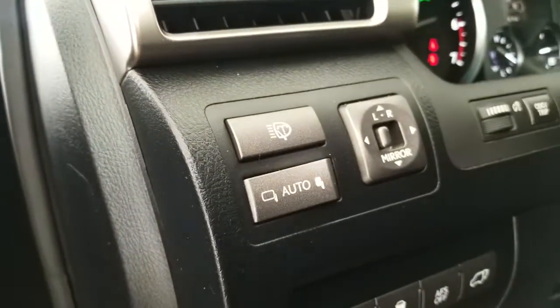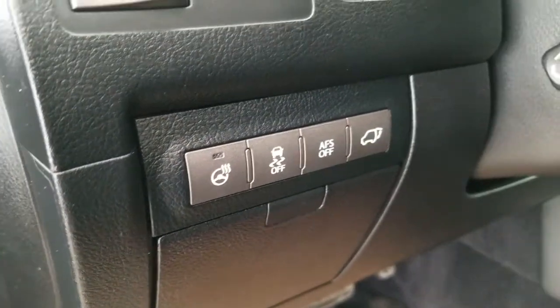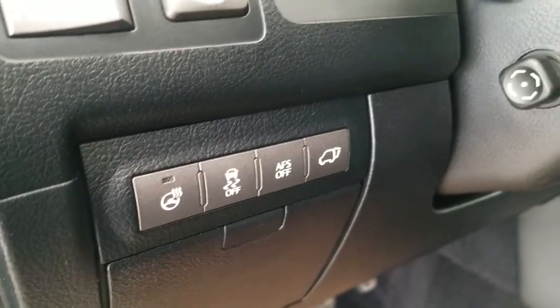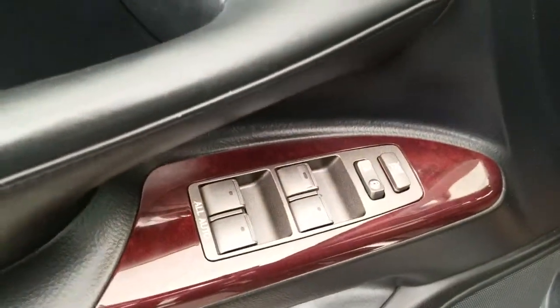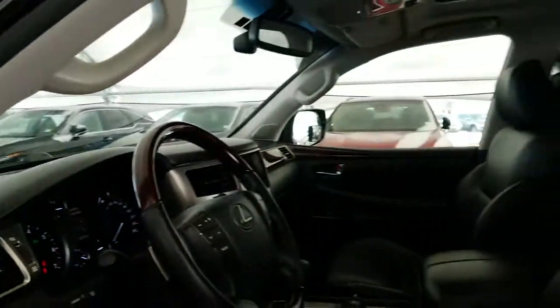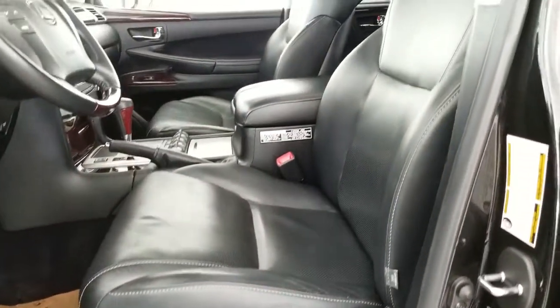headlamp washer switch, power folding side mirrors with the auto feature, heated steering wheel, traction control off, adaptive front lighting system off, power liftgate, power tilt and telescopic steering wheel, driver's seat memory seating, power windows and locks, power adjustable front seating,